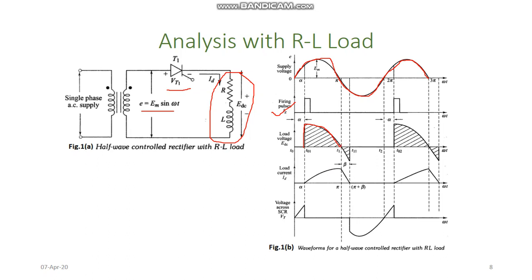it also goes into this negative half cycle, and it operates up to angle beta. Again the reason is the same, that there is certain charge or certain energy stored by this inductor, and when the current in our circuit suddenly drops to 0, this inductor will oppose it and will force this thyristor to conduct beyond this angle pi,